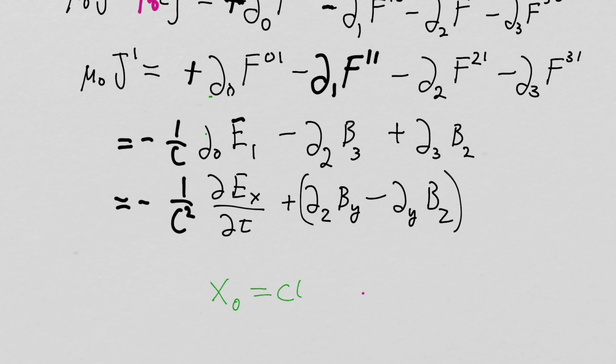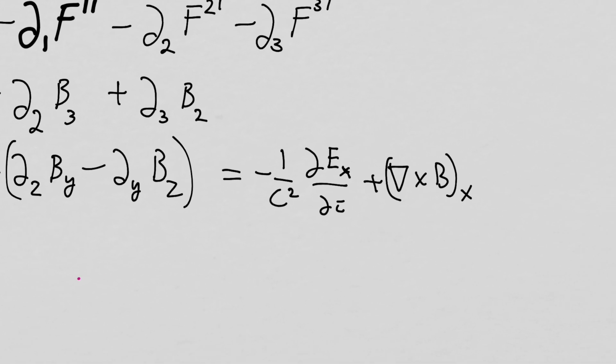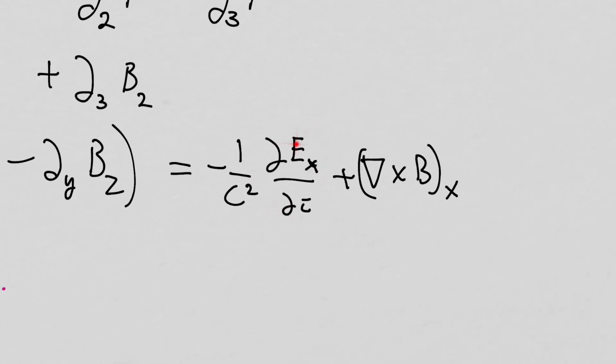And then this derivative of x1, of E1, this is the derivative with respect to x0, but x0 equals c times time. So if I want to put literally the time in there, I have to pull out a factor of c, right? So there's my c squared, and this whole thing looks like minus 1 over c squared, partial Ex dt, curl of B x component, right? And